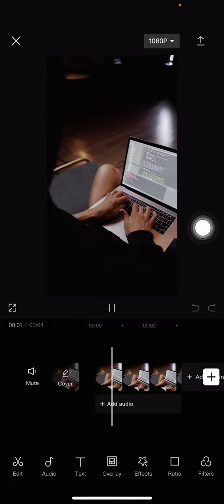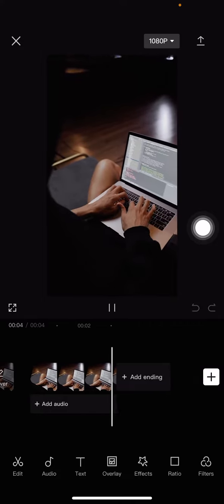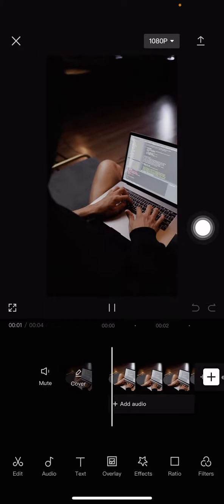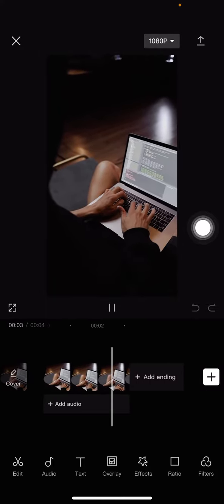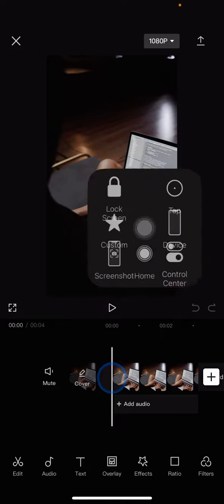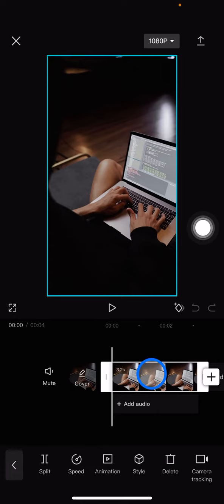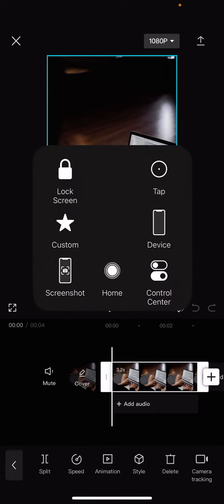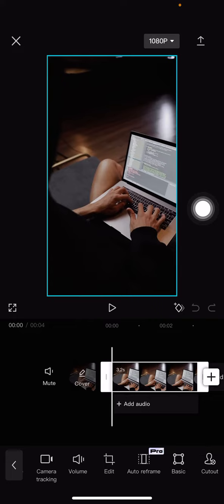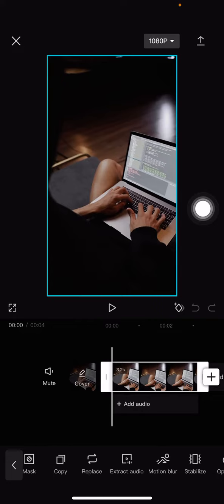So let's see. As you can see here, the motion for this clip is quite hard. I mean, it's too shaken. Yeah, this video is a little bit shaken. So how do we blur or make this video smoother? You just need to click the clip into active mode, and after that scroll to the left side of the features down here until we find motion blur